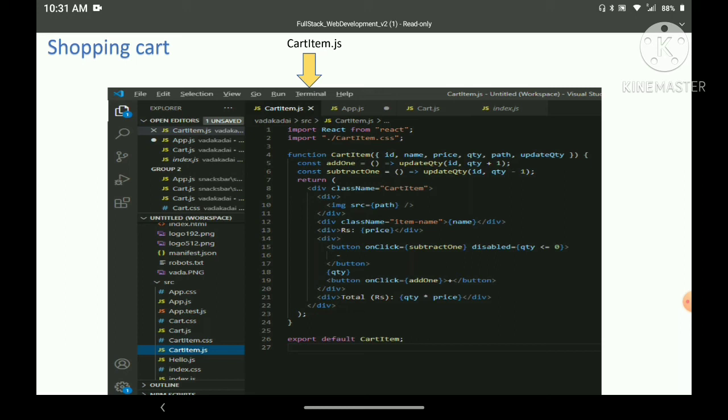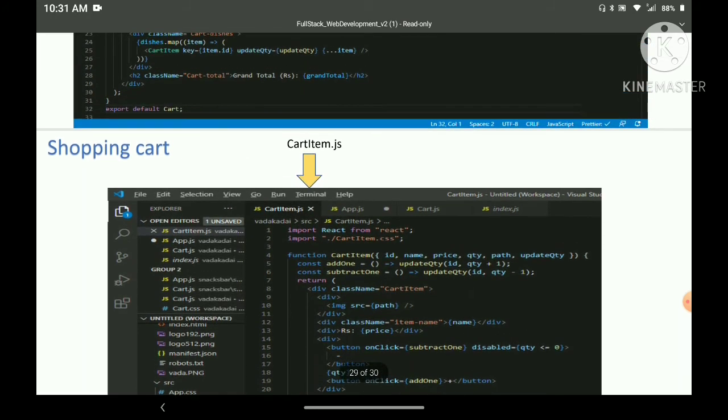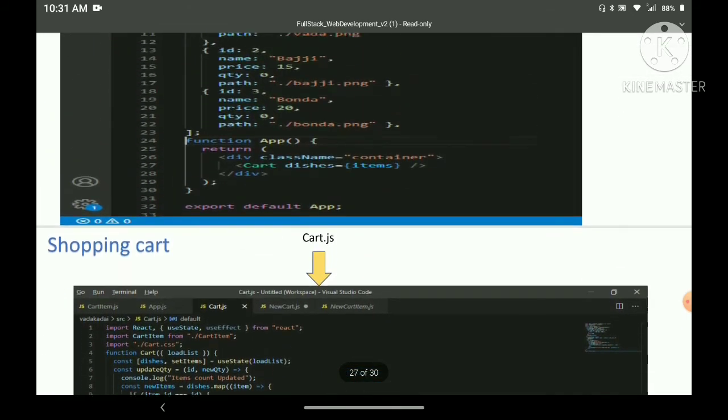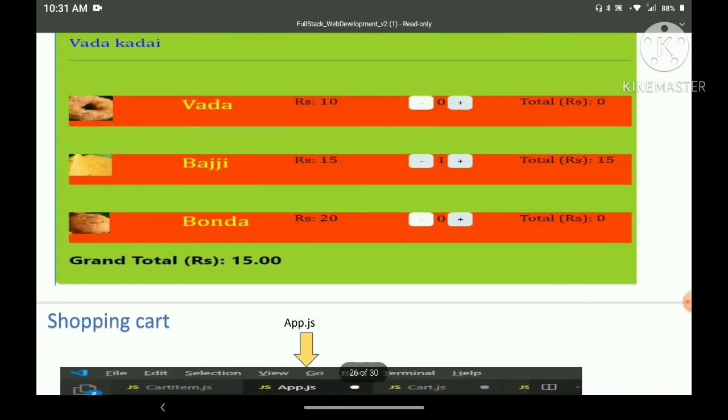Line number 13 will display the price, line number 18 will display the quantity, and line number 21 will display the total quantity. So total quantity is quantity into price, that's it. So this is for displaying all the items.